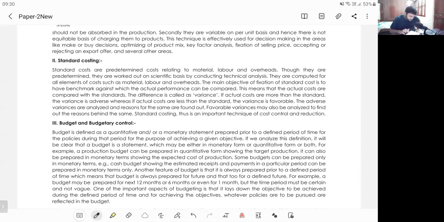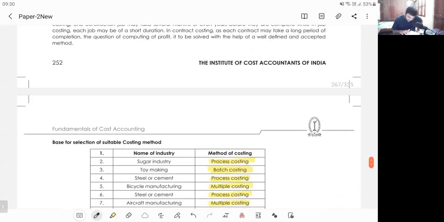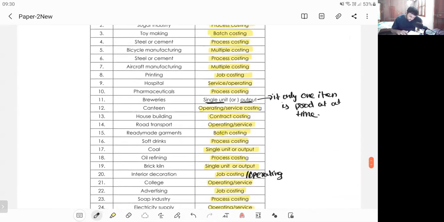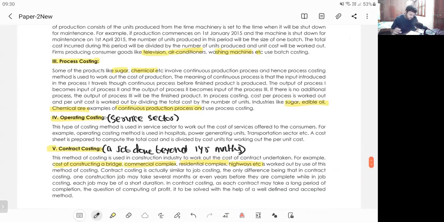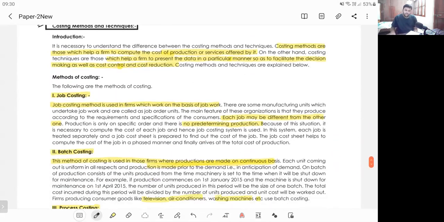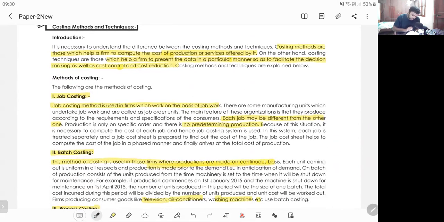Okay. Next, these were the techniques of costing. Next comes cost methods. What is a method of costing? Cost methods are nothing but they help the firm to compute the cost of production. Sir, then what is a cost sheet? Cost methods help you to prepare the cost sheet. The ultimate aim of every company will be the cost sheet only, my dear friends. But how will you value the items in this cost sheet? It is set by these cost methods.